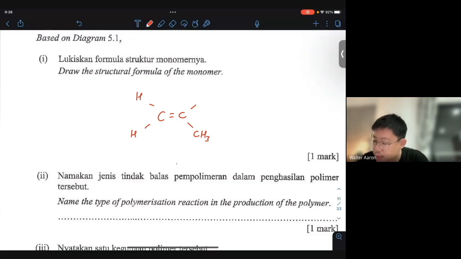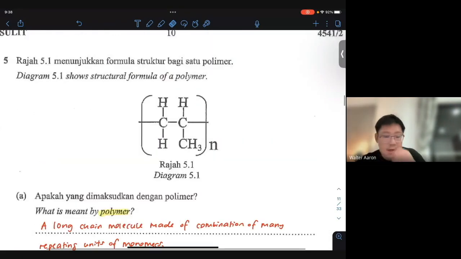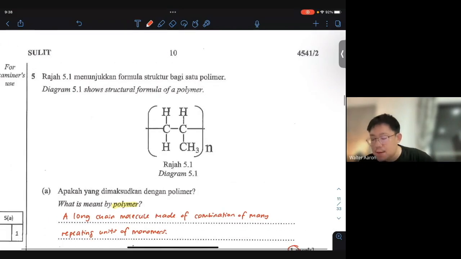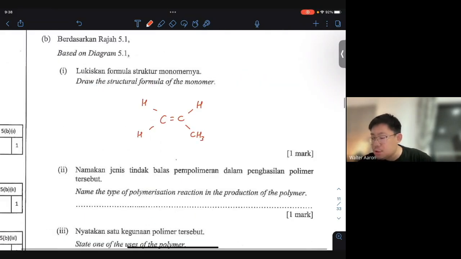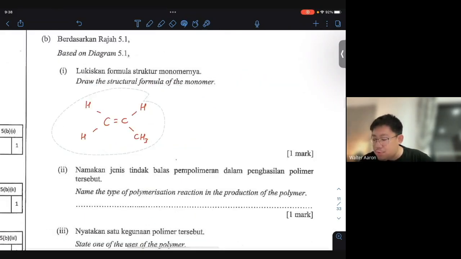Now, in this case, you don't have to branch out the CH3 because they already give you the structure originally like that. See? So you don't have to draw it out. But of course, if you ask me whether drawing it out is wrong or correct, yes, it's still correct technically. Okay, so which means you can draw either this